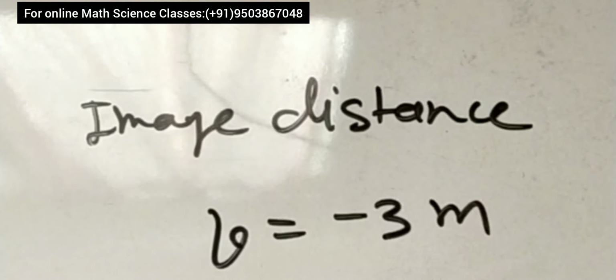Screen क्या है? Screen is the retina. Human eye का screen कौन सा होता है? Retina. तो retina पे image आता है. The image which always forms on the screen is said to be a real and inverted image. और image inverted होने की वजह से we are taking image distance as minus 3 meters. Okay, so here we have the image distance. What about the object distance? Object distance in this case you will consider as infinity. Infinity because दूर का नहीं दिख रहा है उसको, right?